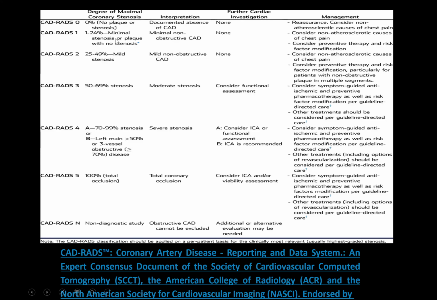So you see that when there's CAD-RADS 0, there's no stenosis, so no need for any intervention. If CAD-RADS is 5, you can send the patient for intervention, catheter angiogram. But when it is CAD-RADS 3, that is moderate disease, this patient needs only medical management, and if needed, they can do functional assessment like myocardial perfusion assessment. But when it is CAD-RADS 4, they definitely need invasive catheter angiogram for therapeutic purposes. So one should be more careful in this area.